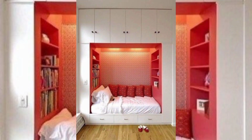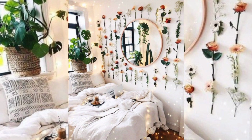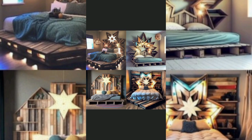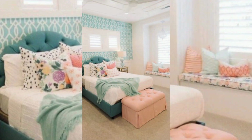Tropical paradise. Create a tropical oasis with palm leaf print, bamboo furniture, rattan decor, and a color palette inspired by a beach landscape. Bohemian dreamland. Mix patterns